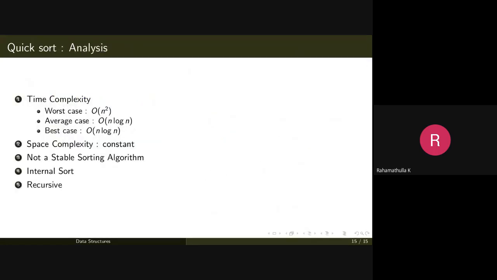Then the analysis of the quicksort algorithm. In the worst case, quicksort is going to take order of n square time. In the average case and best case, the algorithm is going to take order of n log n time. Quicksort is not going to take any additional space.